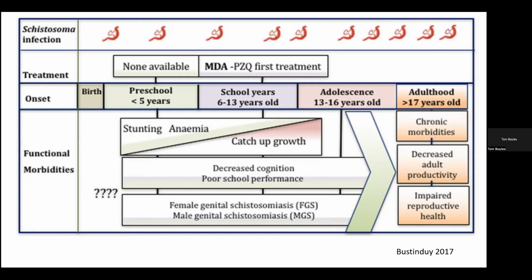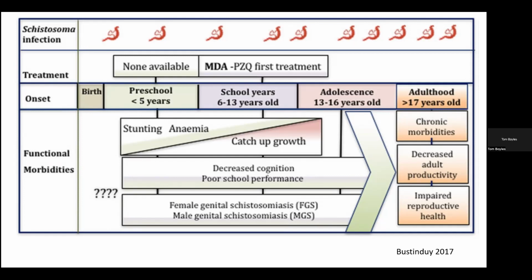These are liver fibrosis, typically causing histologically pipe stem fibrosis with relatively normal liver function tests, but with portal hypertension, splenomegaly, and hypersplenism. Clearly anemia and pro-inflammatory states can also be part of that, leading to decreased productivity, but also impaired reproductive health and things like genital stricture,